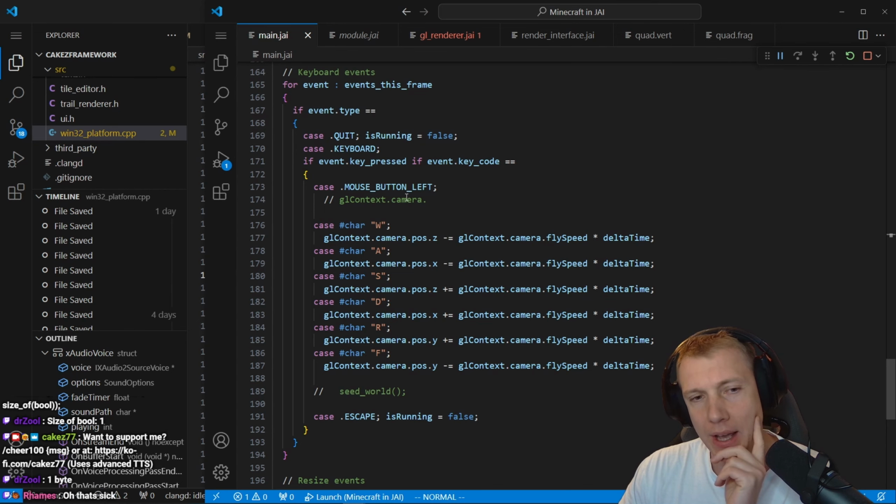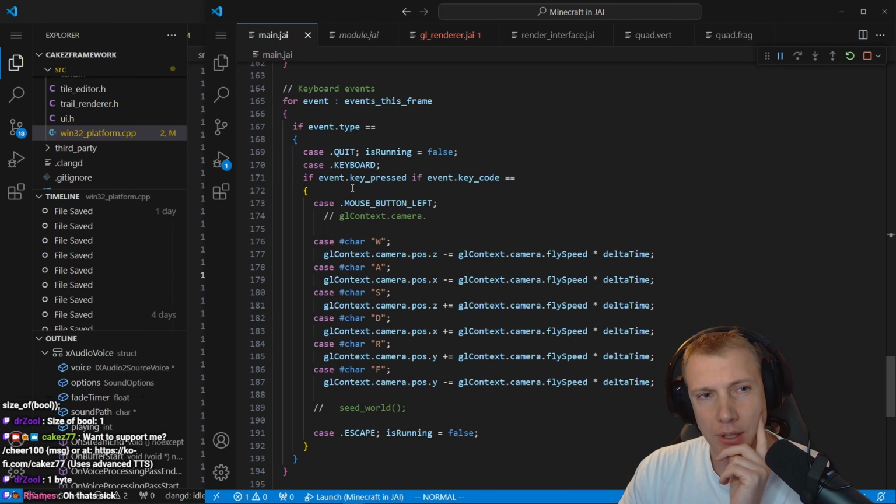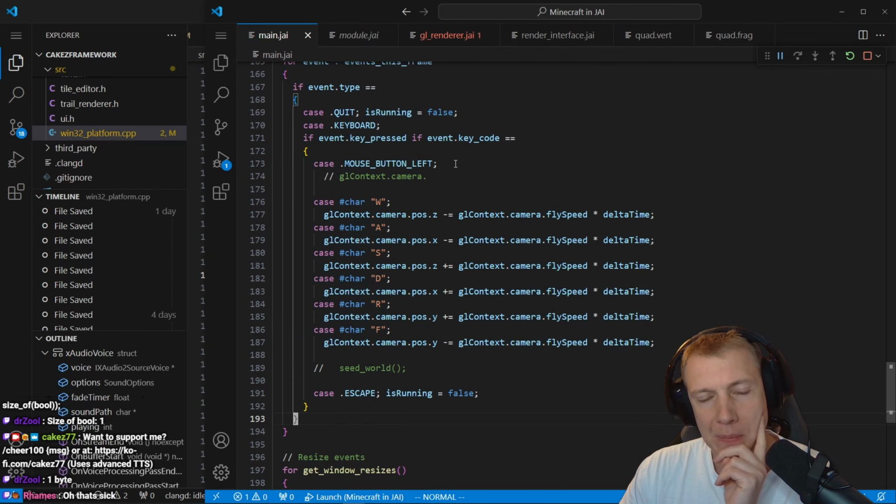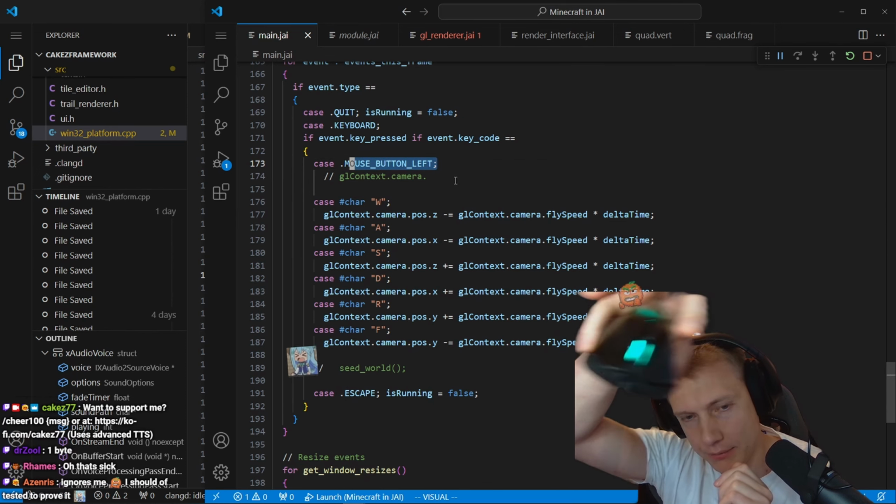So the problem that I have, by the way, is that in this loop, I need to go through the entire input. And if I have a button left mouse, right? If the mouse has clicked the left mouse, if we have clicked the left mouse button,